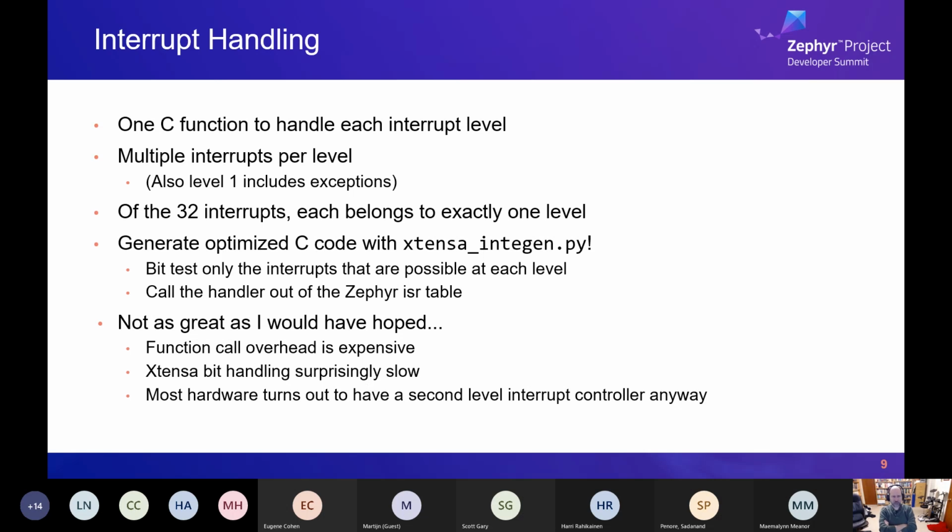The bit instructions on Xtensa actually turn out to be surprisingly slow. Remember that SAR register I mentioned earlier? Every shift and rotate instruction requires that you load this extra SAR. And the real killer to this is